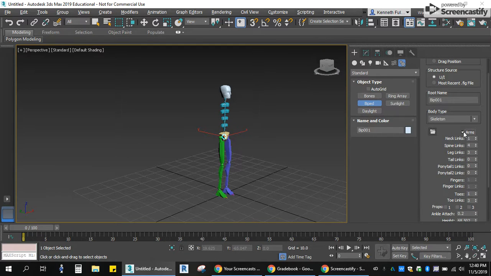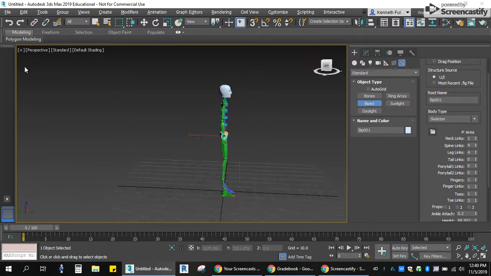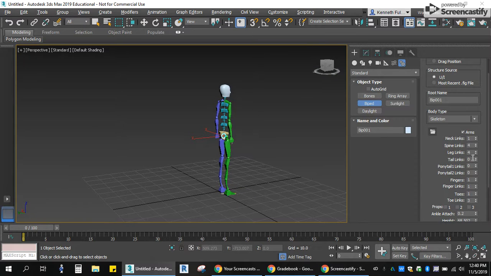All of these settings down below here are how you can configure your structure. So you can have them with arms, no arms. I don't know why. It just depends on what kind of character you're trying to create here. Different variations of how many neck links, spine links as well, leg links. You can see how that throws in an extra joint there. If we turn this guy around, we'll be able to see that you can create tails, ponytails even,